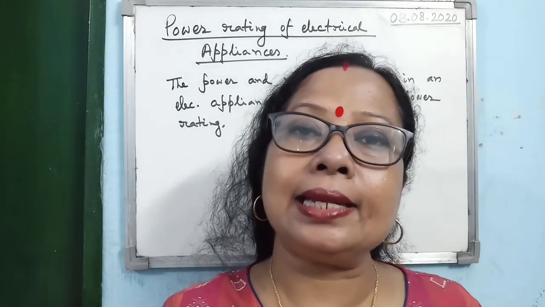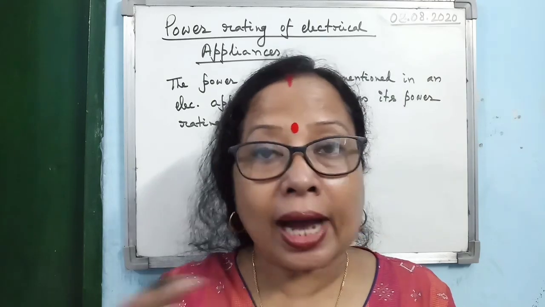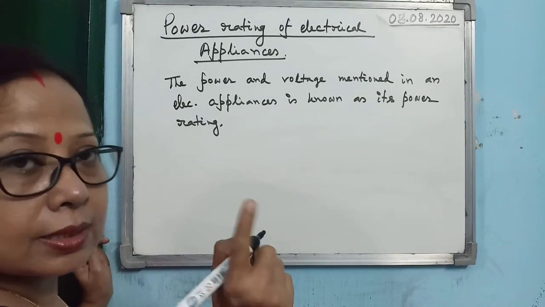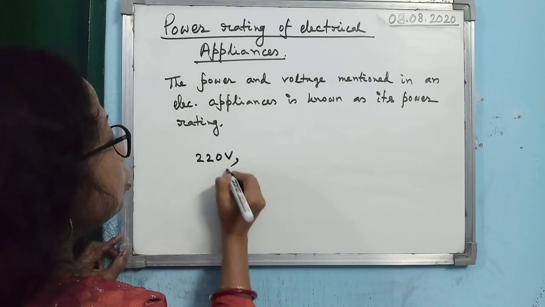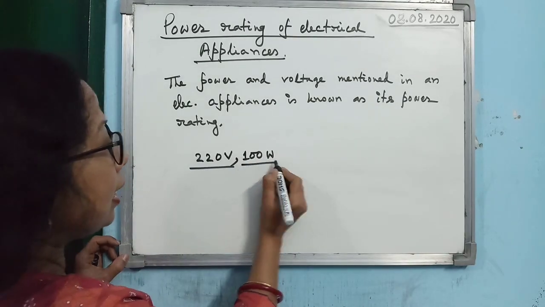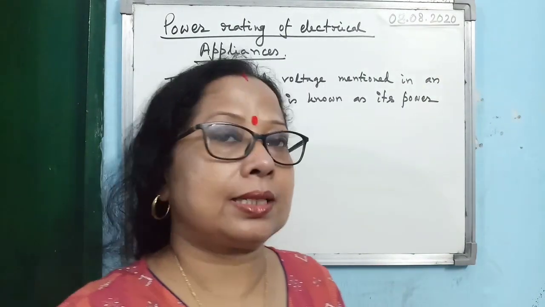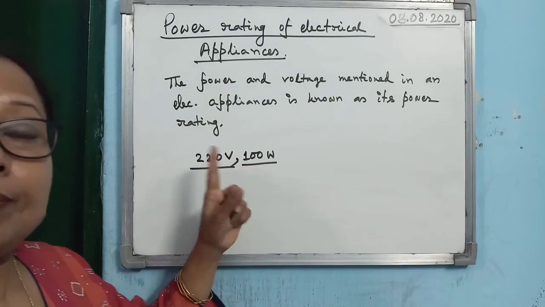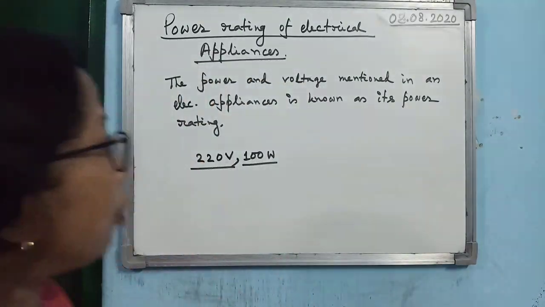Otherwise, you just take any LED bulb, you will see that on that appliance at one place the voltage and power will be written like this. I am giving the example of the common electrical bulb. You will see this is the way it is written, 220 volt 100 watt. One voltage, another power will be mentioned, that is written on any electrical appliance. For every appliance it will be written. So this voltage and power mentioned together on any electrical appliance is considered as its power rating.